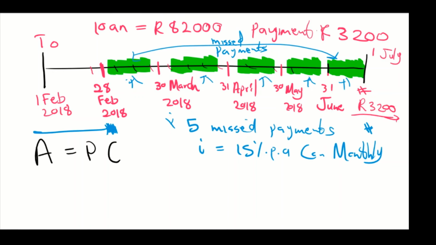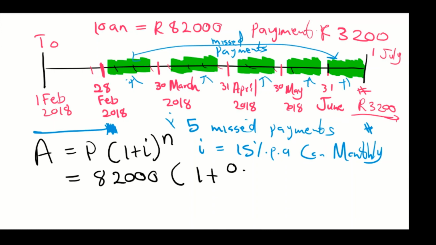So it's P into 1 plus i to the power of n, and the loan that she took is 82,000 Rand into 1 plus the interest rate 0.15 divided by 12 because it's compounded monthly, to the power of 5. This 5 means the 5 missed payments,